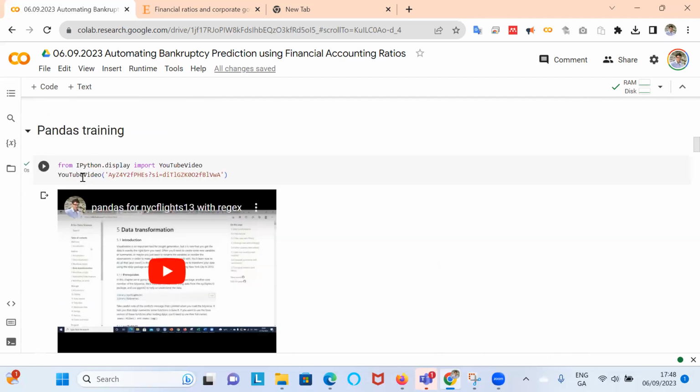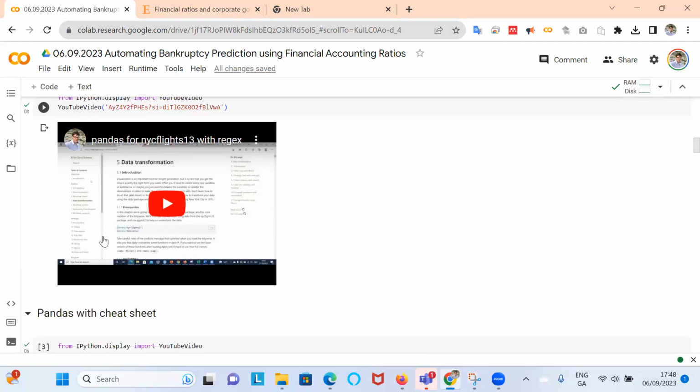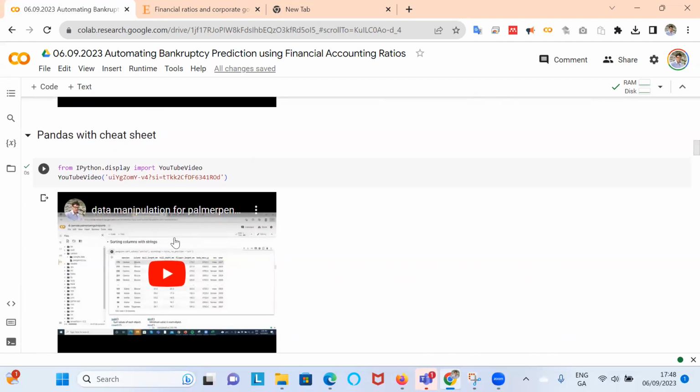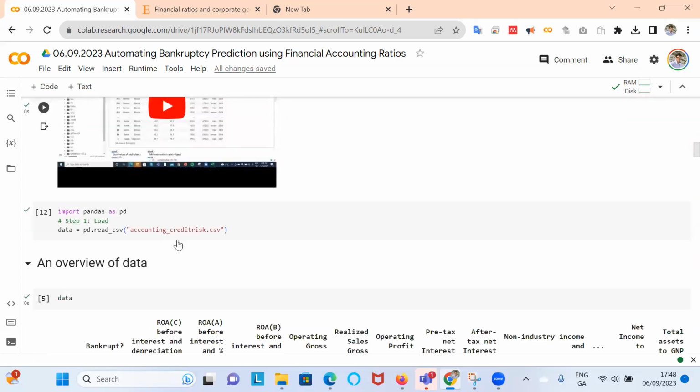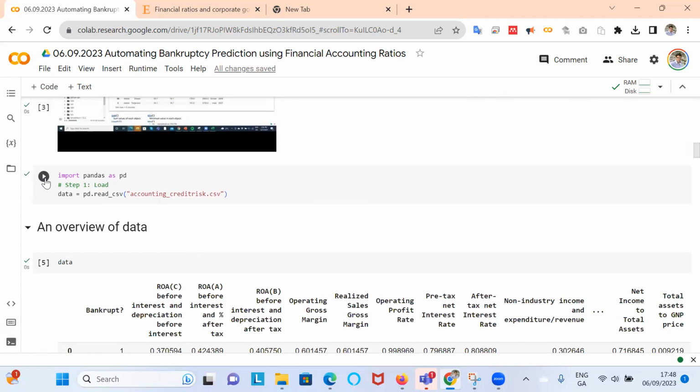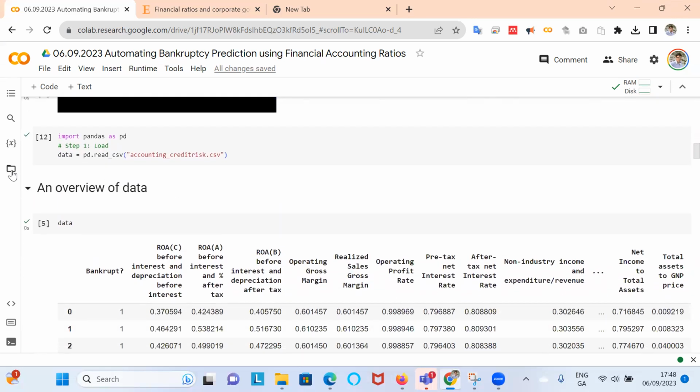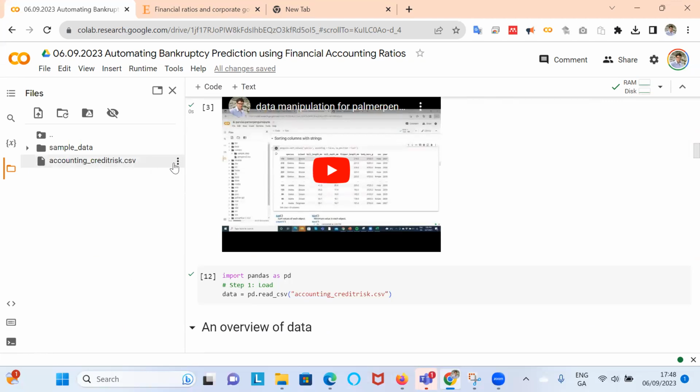Okay, so as an accountant or a financial analyst, if we were trying to understand our data set, the first go-to generally is Pandas. And again, I've left a video clip here where you can go back and review a little bit of an introduction to Pandas and some of the syntax and the grammar. And then I've also something similar with a cheat sheet applied to the Palmer Penguins dataset that could be useful. But if you're a little bit more happy with that, skip through Pandas.